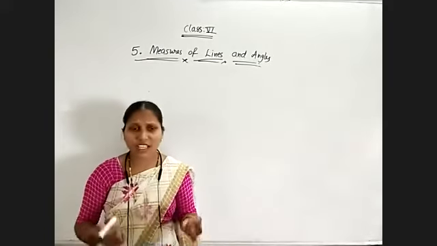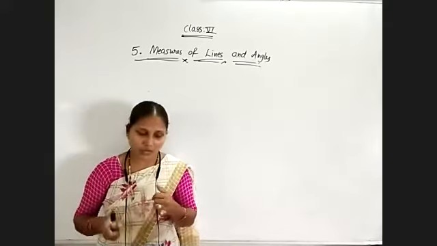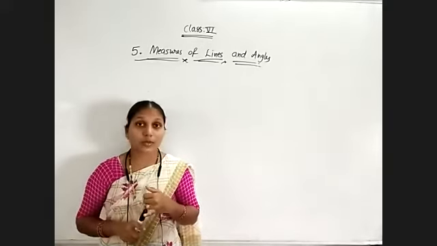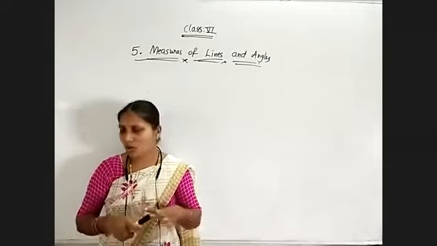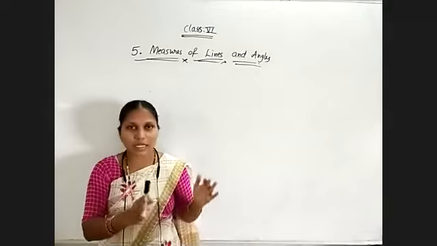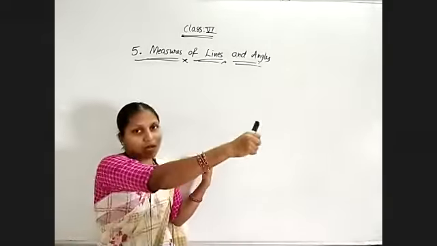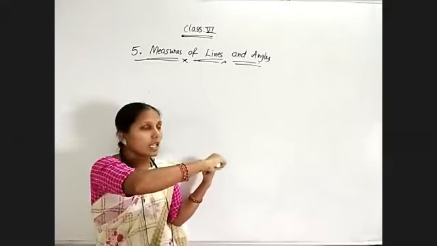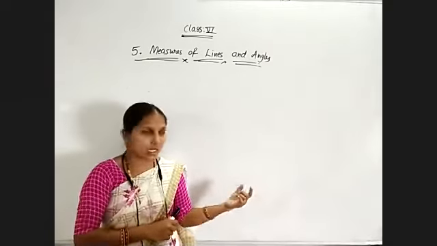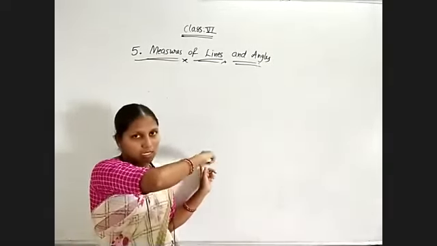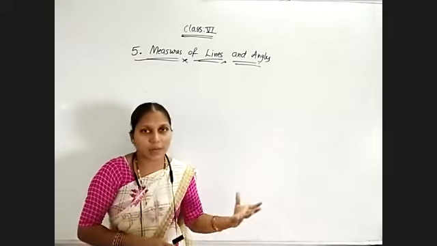Wherever we are able to measure the length, all those are examples of line segments. Suppose to stitch a uniform, we don't want the complete cloth. Some of the cloth we will take. How you measure that cloth from one end to the other end, the shopkeeper will measure with the tape. So the tape is the geometrical instrument, and the length required for the cloth is the length of the line segment.